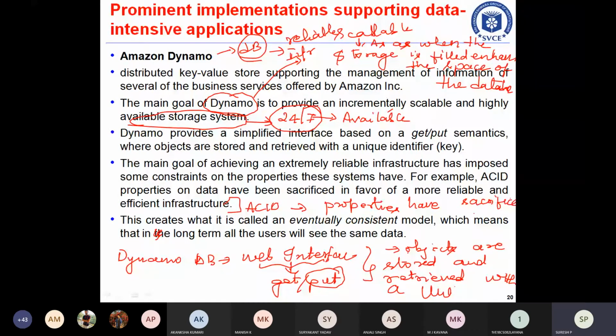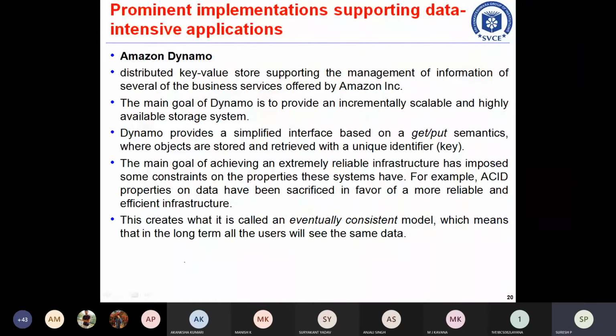By having this one, what is it going to achieve? By having this particular thing, it's going to eventually constitute a more consistent model. So in the long term, all the users will see the same data. With more users, all of them are going to be seeing the same data. Okay, so that's what it's going to have with respect to your